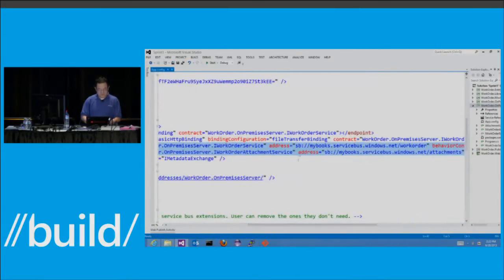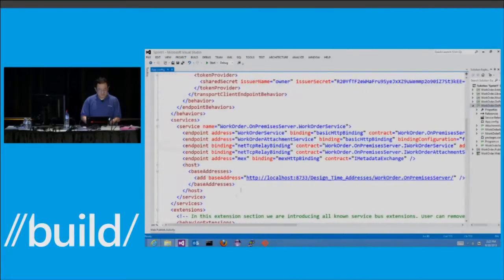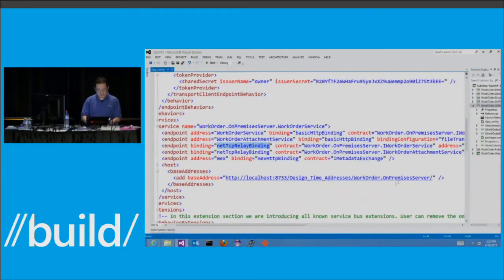You can see this is my relay endpoint I provisioned on Windows Azure Service Bus. And B is the binding. You can see here, instead of the basic HTTP binding or TCP binding, I'm using a relayed binding, which is provided by the Service Bus library. And the C, the contract, is still the same. It's the same contract as I used in the existing service.